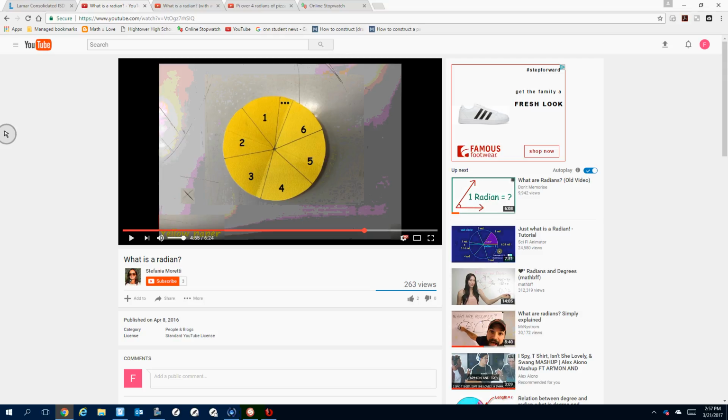We've been using degrees, okay? So let's think about this. If we're doing degrees and I'm doing a full circle, what's the degrees that represent the full? Okay, so what do you think a radian, one piece here, in degrees would be? It would be 60? Yeah, it would have to be a little bit less than 60 because we have this little sliver piece that's